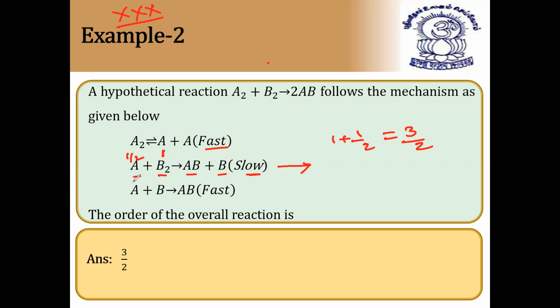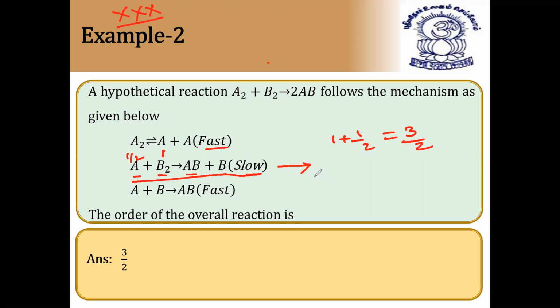So I hope it is clear. 3 by 2 is the answer because not all the molecules are involved, only 3 by 2 molecules are involved, because this one is a full molecule and this is a half molecule. Half molecule because A2 is not completely involved. How to find the order for this reaction? Simply, the statement is: